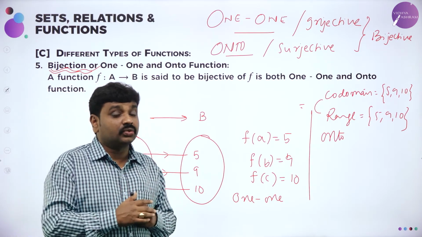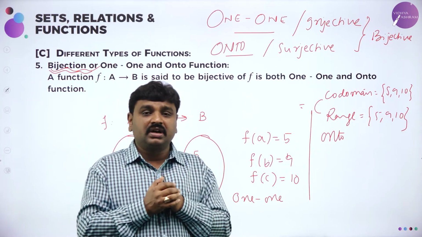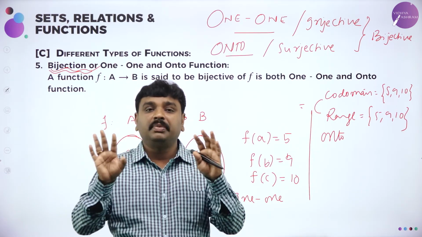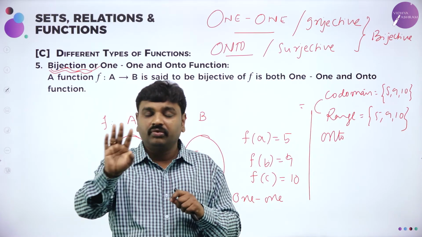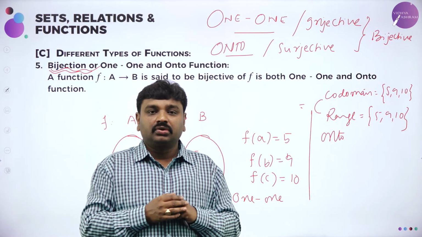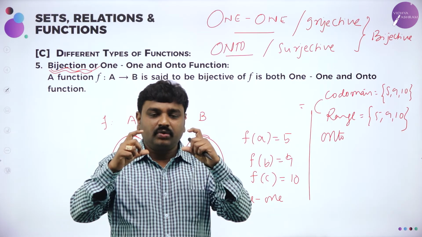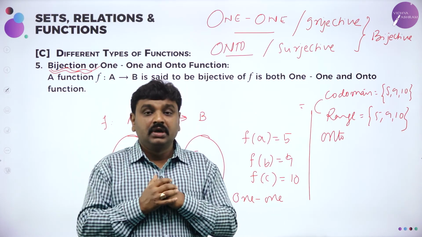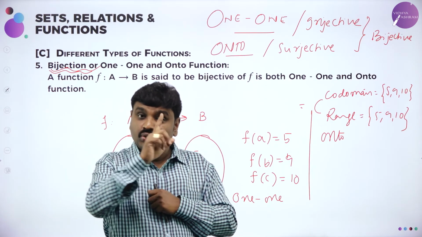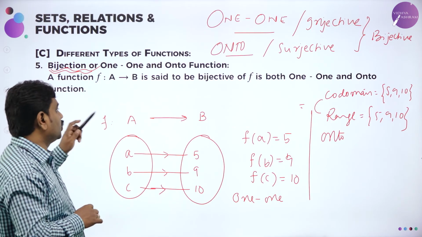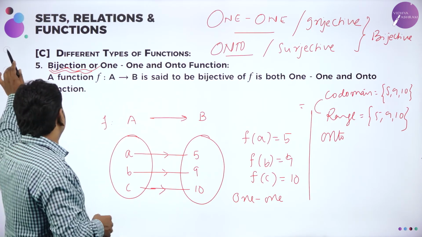And very first I taught you, any relation, any ordered pair, I cannot call it as function. So function means first elements in the ordered pair should not repeat, means two elements should not have one image. So one element should not have two images. When you write ordered pairs, first element should not repeat, and every element in the first set should have an image. So these are the basics. Recollect the basics and become thorough so that you can answer the questions.